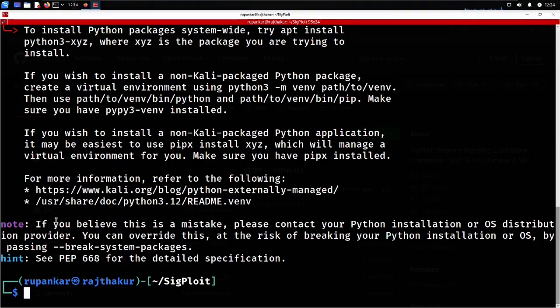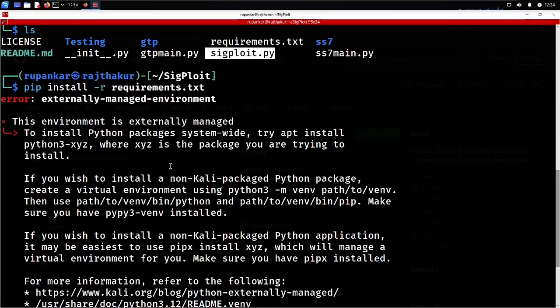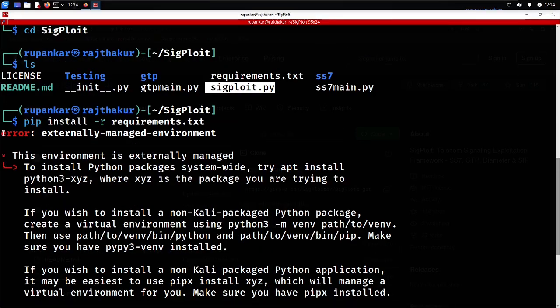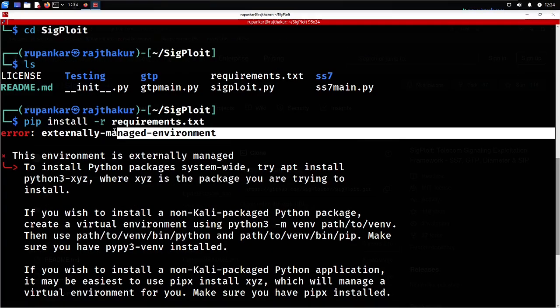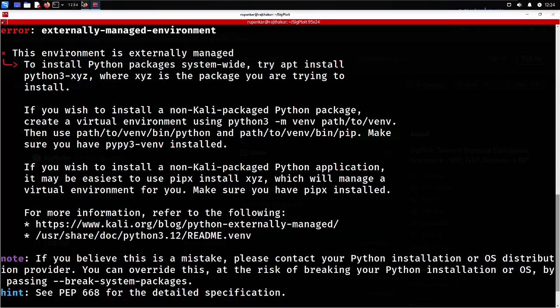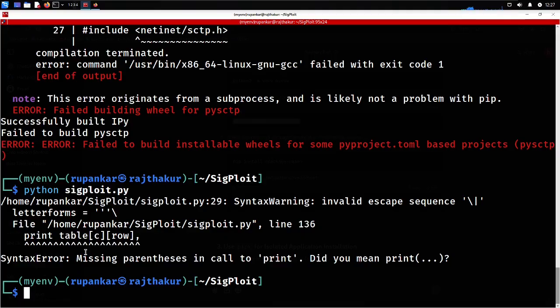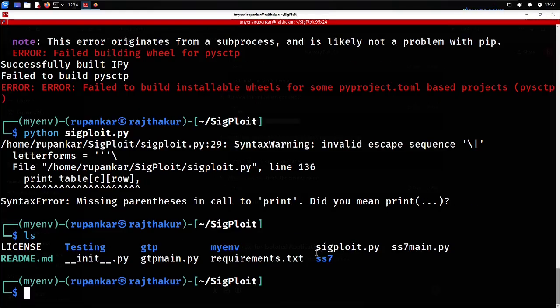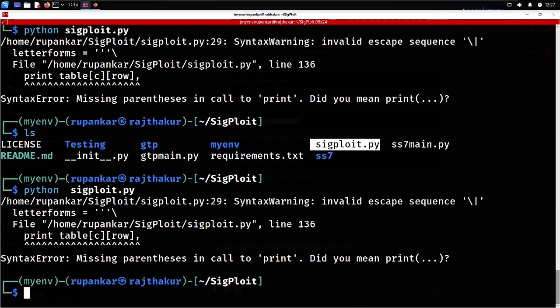Now, this error you will commonly get after installation of pip. Today my main goal was to show you how you can fix that. So after that, just simply visit this one. They are not willing. Once again, let me do ls. I will be copying the file again. I need to run this file. Why have they given me an error? python exploit. I was putting the right spelling. Missing parentheses in call to print. Did you mean print? Syntax warning invalid.